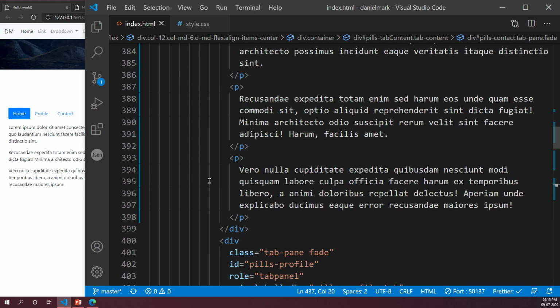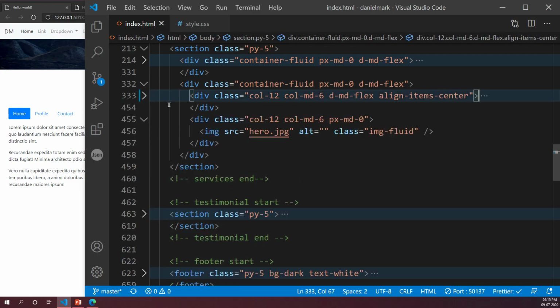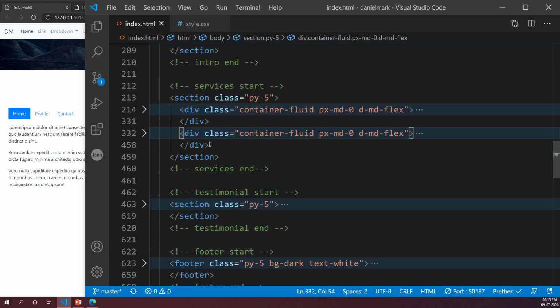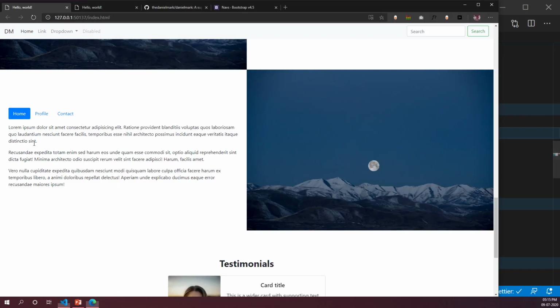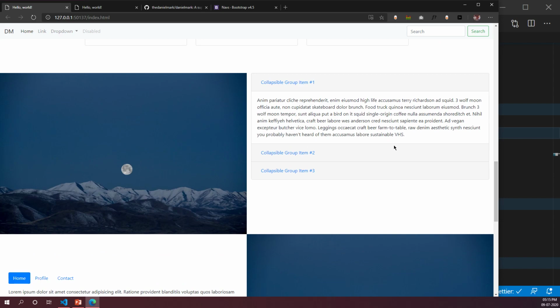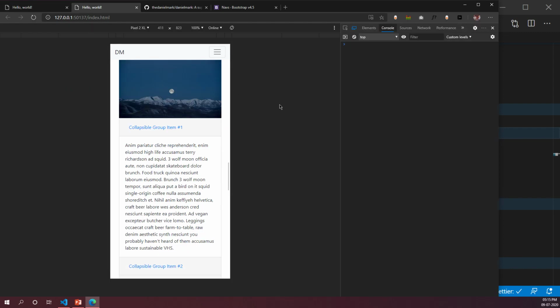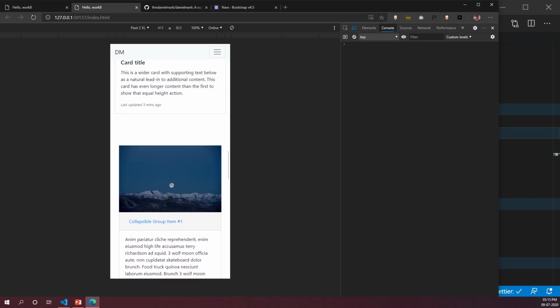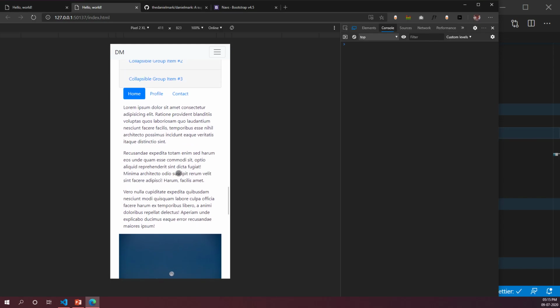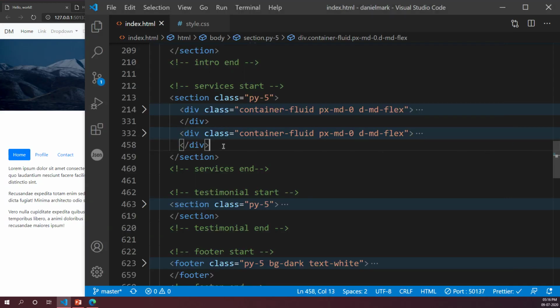Okay, now what I'm going to do is I'm going to collapse this entirely. So with that, this section is not yet done. There's something small that we have to do. Now if you guys notice, on my desktop, this image is first and the accordion is second. Then if you go to the second row, my tabs are first and the image is second. But when I switch to a mobile phone, my image is first and the accordion is second. But in my second row alone, the tabs come first and the image comes second. That's the same as what happens on the desktop, right? But I don't want that on a phone.